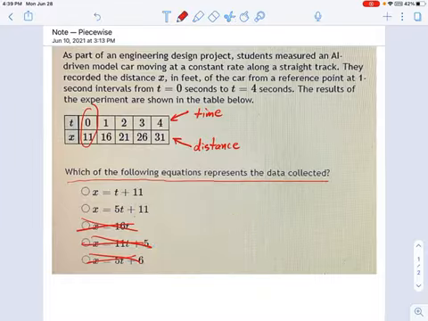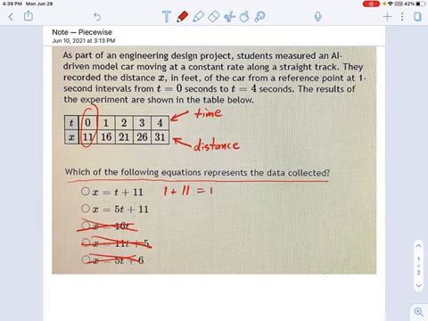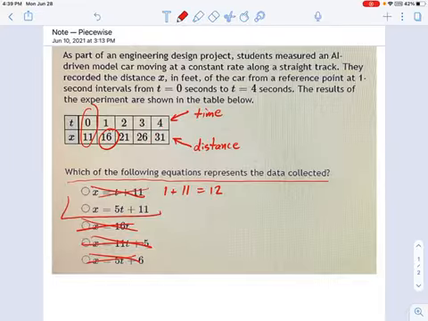Now I'm going to try plugging in the number 1, t equals 1. So 1 plus 11, that's equal to 12. I wanted 16 in my table, so that one's not going to work. And we have our answer right here. You can double check it: 5 times 1 is 5, plus 11 is 16. So that's one method of solving this, which is just plug stuff in and see if it works. And it's not a bad method.